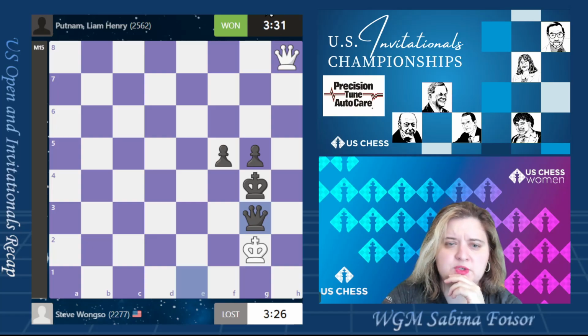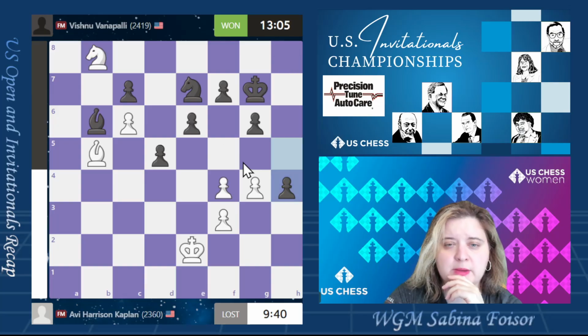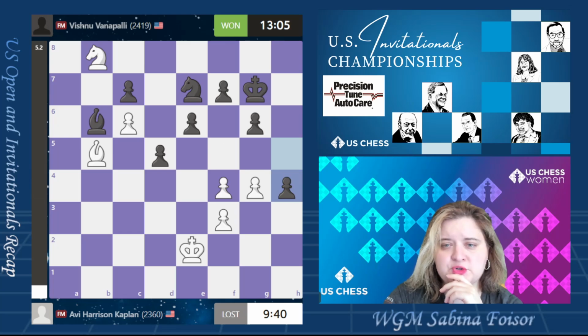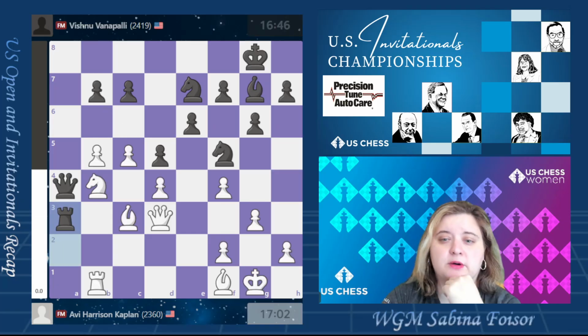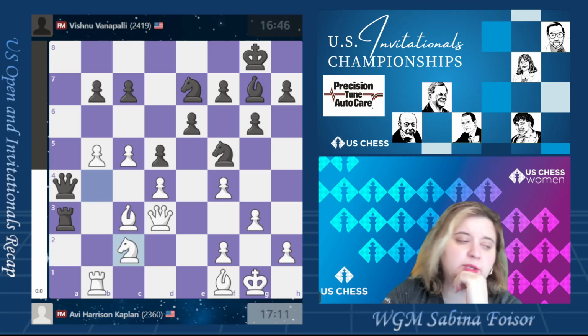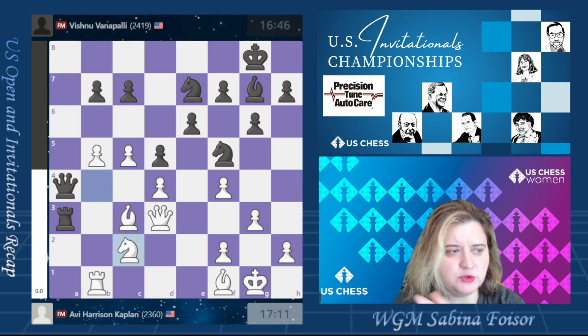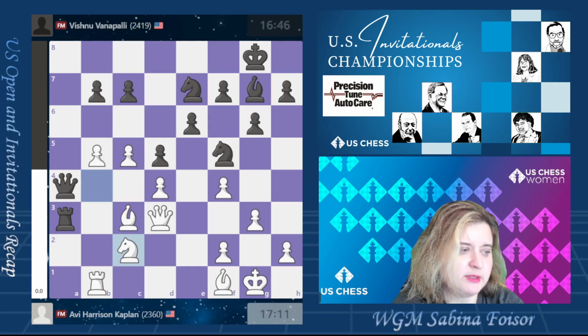Another game that was relatively important for the standings was this game between Avi Kaplan and Vishnu Vanapalli. What's interesting about this matchup is that Avi was the co-champion in the Danker last year, and probably with a lot of pressure going into the final round, trying to do something similar. Both players were on 3.5. They're trying to find a way to win this